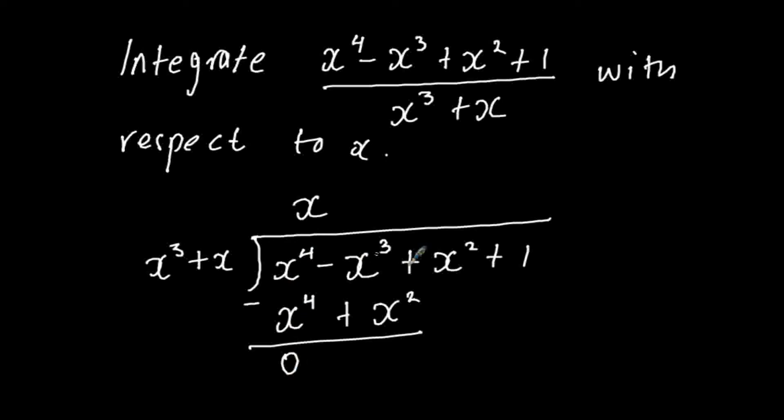X power 4 minus x power 4 gives us a 0. And then negative x cubed minus, we have nothing here with x cubed, so we shall be left with minus x cubed. And then x squared minus x squared, you get a 0, and 1 minus nothing here with a constant term. It is plus 1. And then